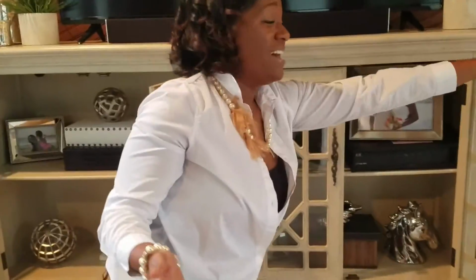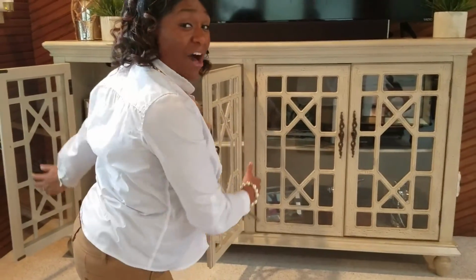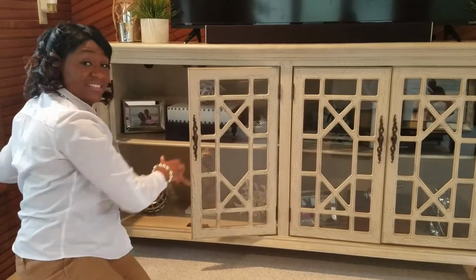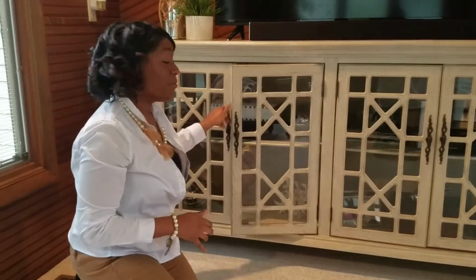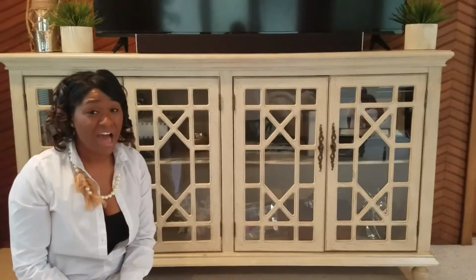So I hope you guys enjoyed some of these tips. Again, I gave you 6 of them. I hope any of them will be helpful for you, whether you are designing a bookshelf or your credenza or TV stand. No matter the size of it, you can make it look wonderful, guys. I hope these tips were